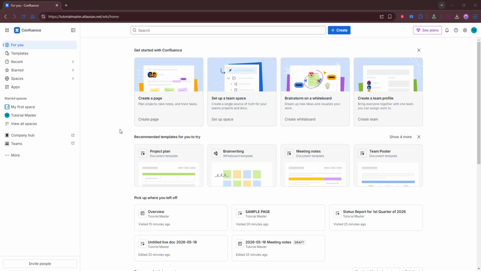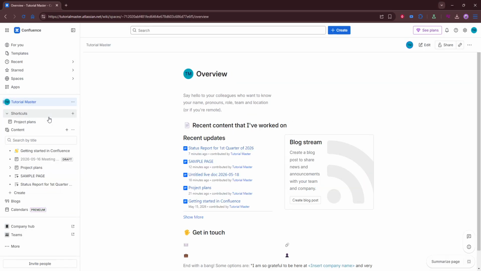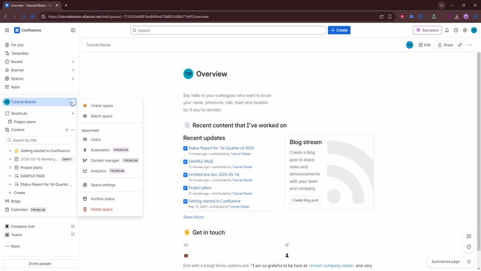where you expect. Start by opening Confluence and navigating to the space where the page originally lived. This part is important because trash is managed at the space level, not globally. If you're not sure which space it was in, check your recent spaces or use search to locate the right one. Once you're in the correct space, keep your eye on the sidebar where the page tree and space options